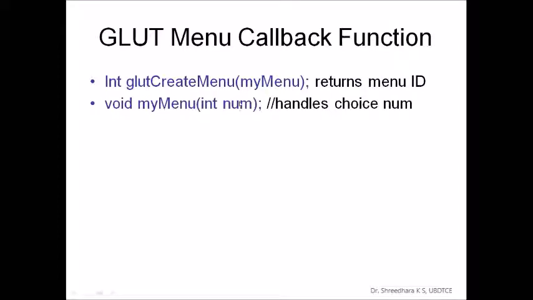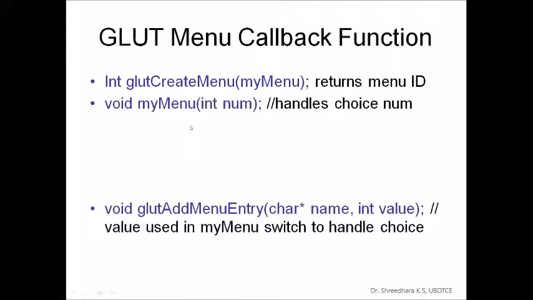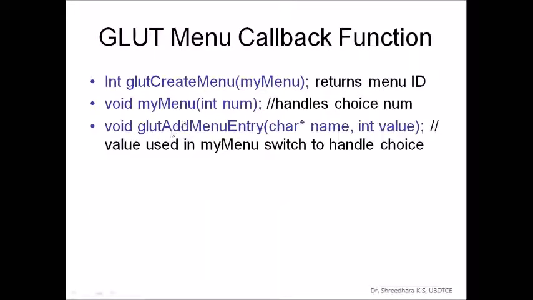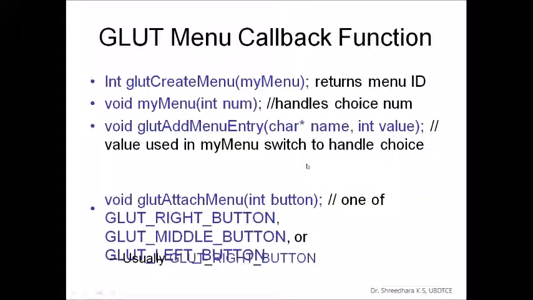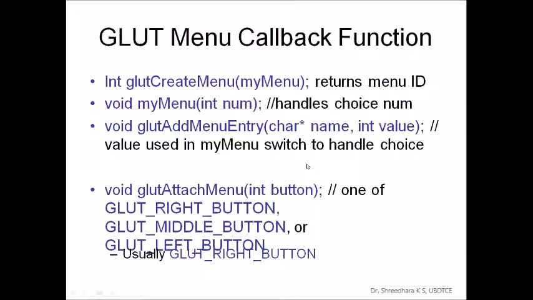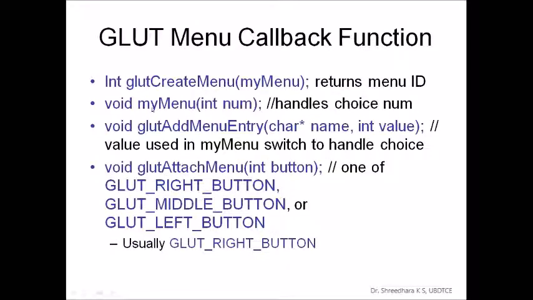Int menu: based on the ID, the corresponding activity is done inside this function. For the entries you want to add to your main menu, use glutAddMenuEntry, specifying to which menu and what the value of the ID of the corresponding menu is. MyMenu uses a switch to handle the choice. After using these APIs in the program, you may understand their utility better.